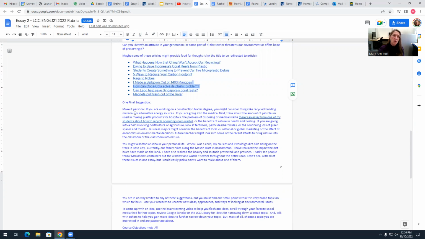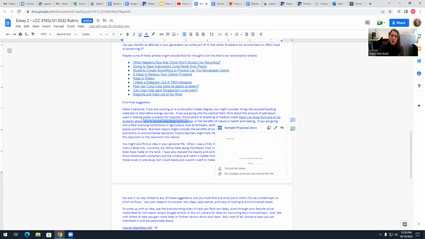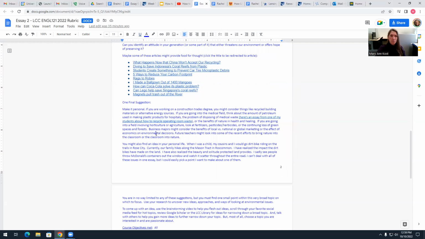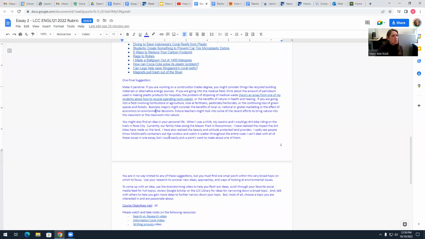So make it personal. If you're thinking about construction trades, think about how building products can be recycled. This is operating room waste. One of my former students wrote about how things from the operating room could be recycled. Anything.